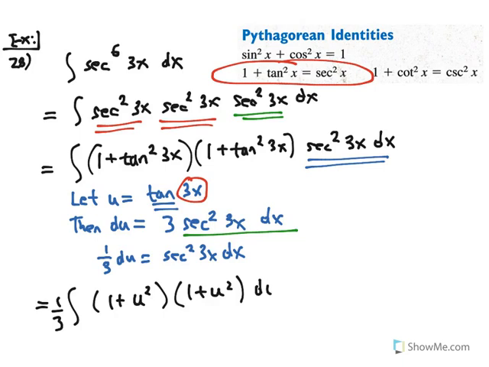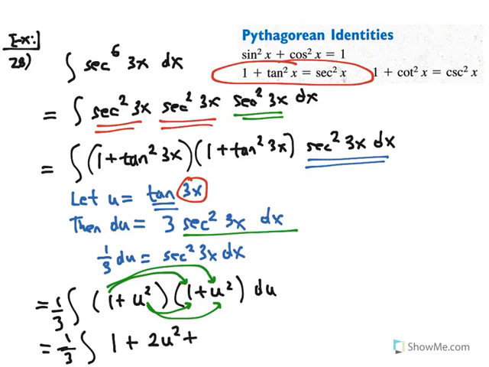I can write the 1/3 outside, and I have du here. What do I do next? I need to multiply these two factors. And when I multiply these two factors, that gives me 1 plus 2u squared plus u to the 4th power,